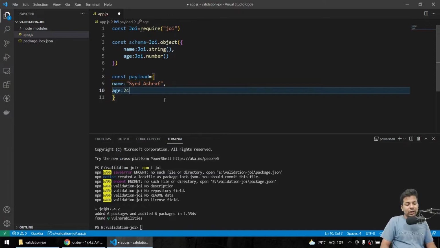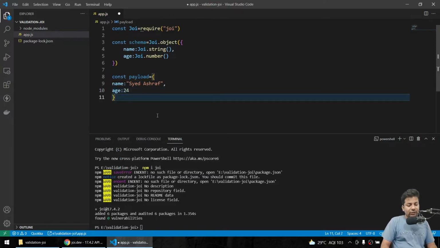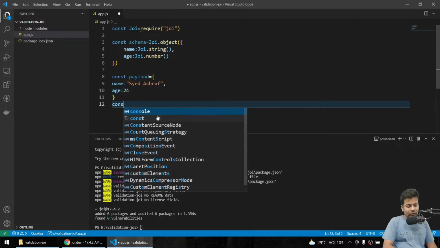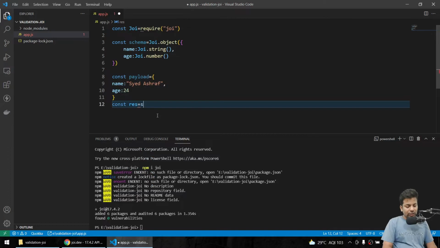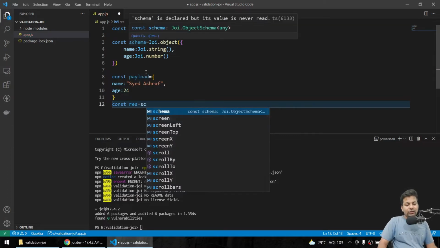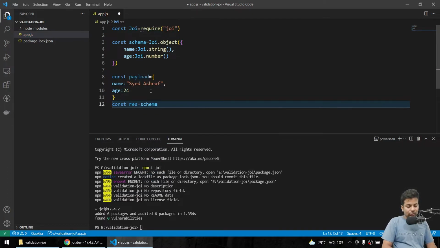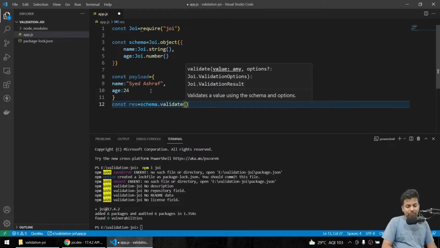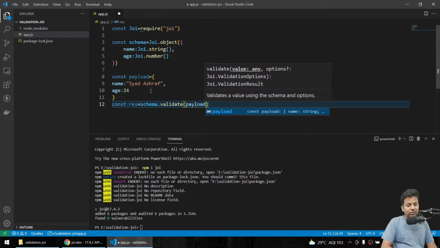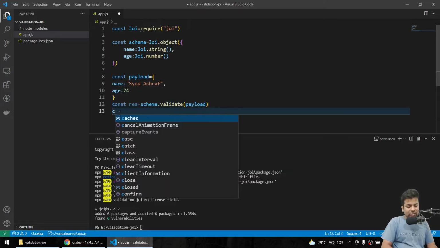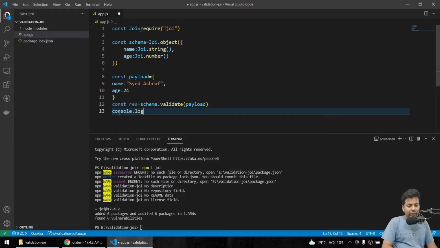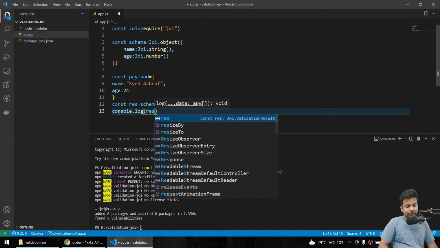Okay guys, now to validate, we just say const result equals schema.validate. This is the schema we defined. Here we'll give the payload, so we validate this, and whatever the results are, we just console log them. Okay, like normal.